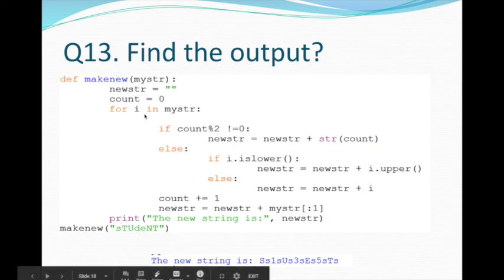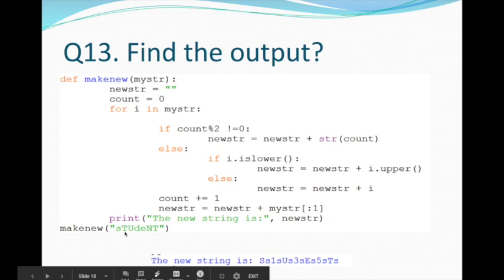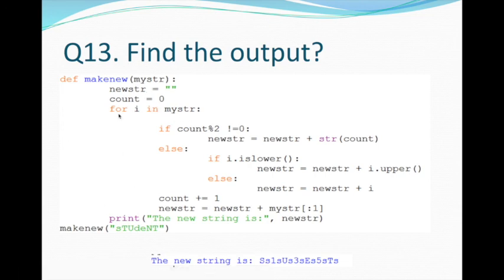Then for i in my_str, what does it mean? What does the i represent here? What is my_str? Student. So the i value means each character in my_str. First time the value of i is S, next time the value of i is T, then next U. Similarly each time it will take each character. So in the initial case, first iteration the value of i is S.